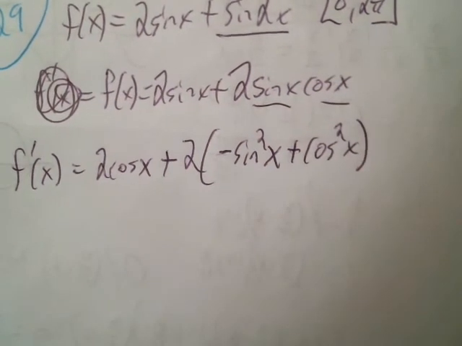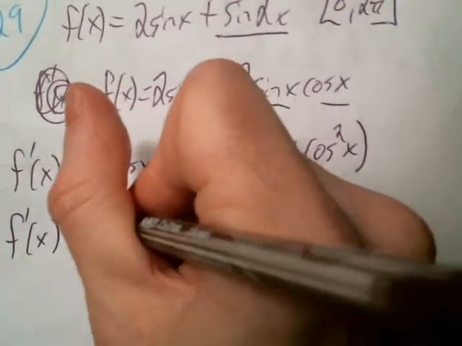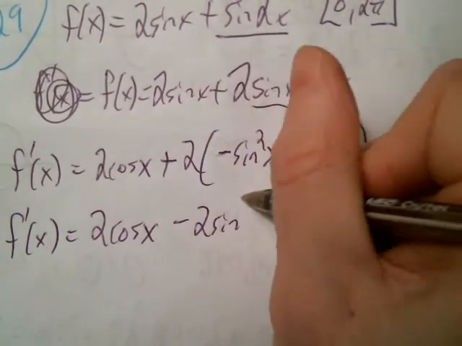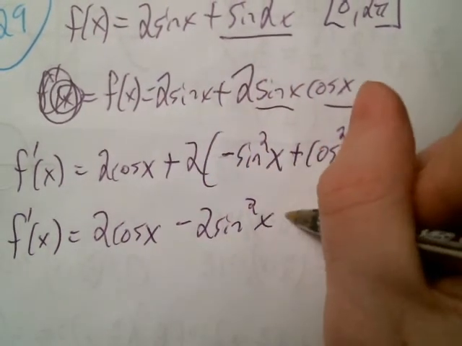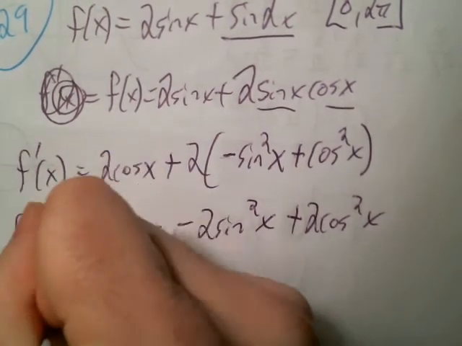Okay. So f prime of x, I don't know how much help that's going to be: 2 cosine x minus 2 sine squared x plus 2 cosine squared x. And then f double prime of x,